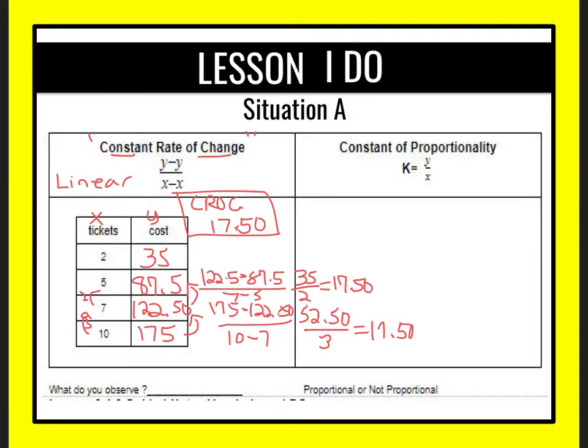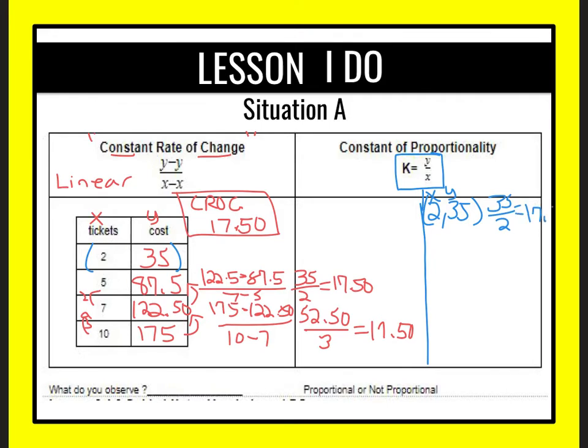So the other thing that you should have discussed, hopefully last year, is to check if something is proportional. So how do I do that? My constant of proportionality tells me to take and check every y and x coordinate. So I'm going to take this first ordered pair, (2, 35). 2 tickets cost me $35. So if I take 35 and I divide it by 2, make sure you're doing that in your Desmos calculator,